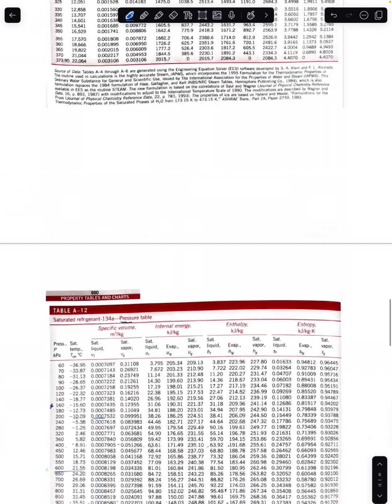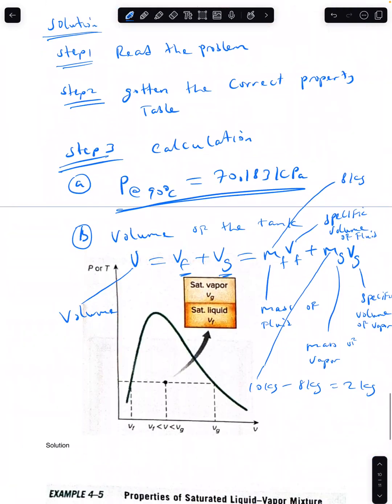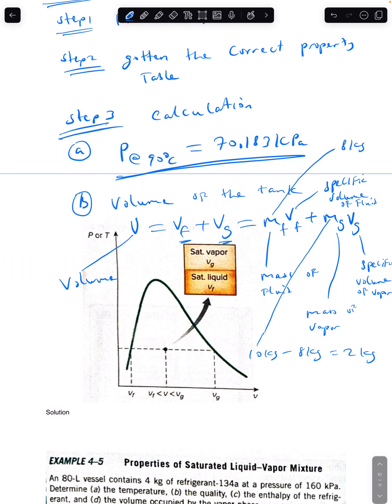So in this case, we can determine the volume. The volume now becomes what? The volume of the tank becomes 8 kilogram times the specific volume for fluid, which is